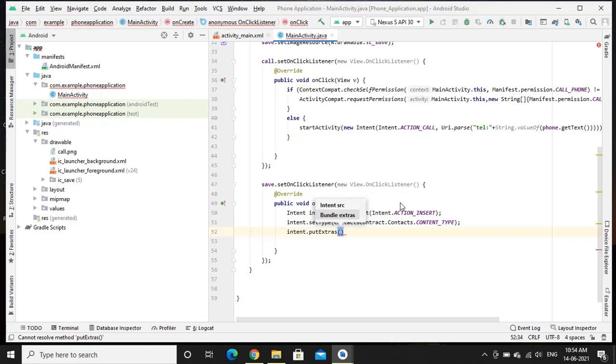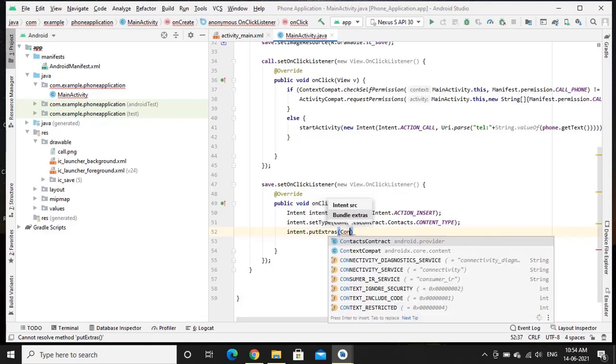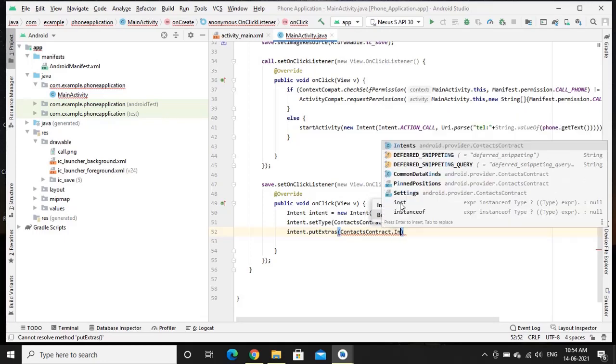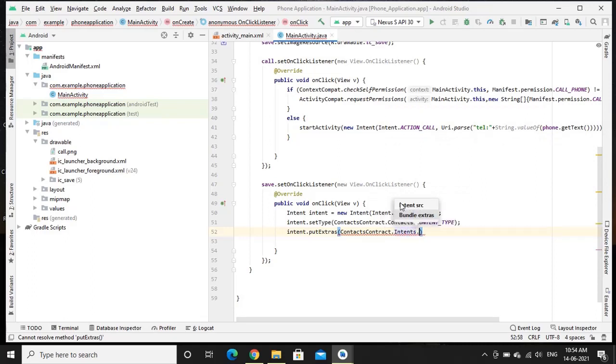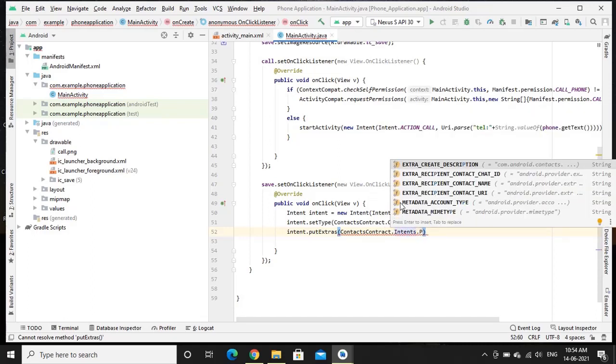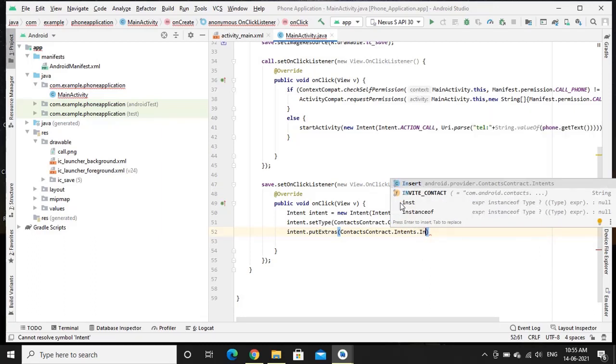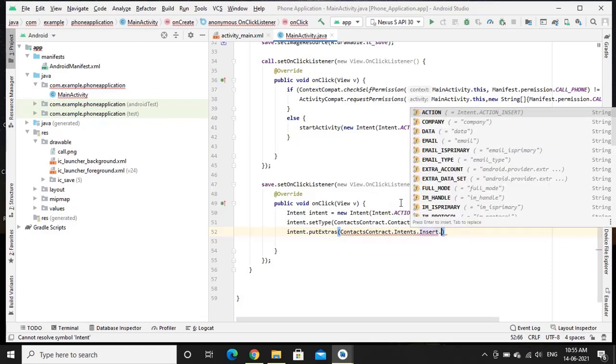Again call the ContactsContract class dot Intents dot Insert dot PHONE.